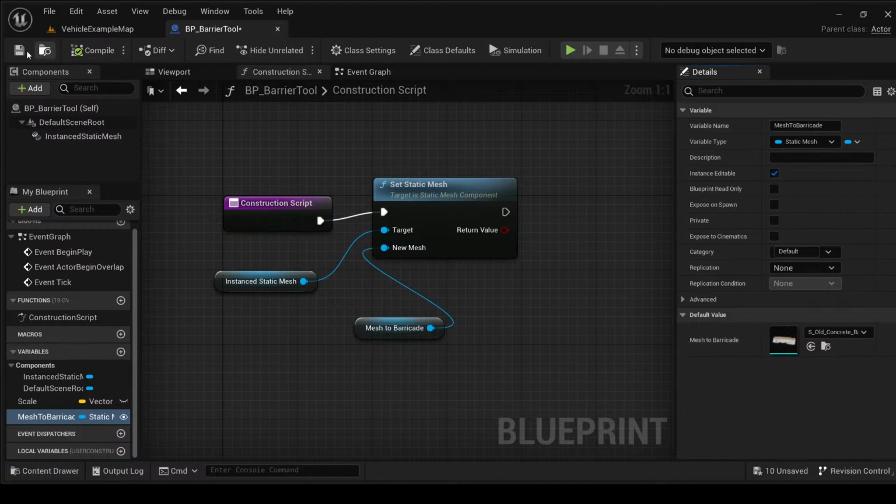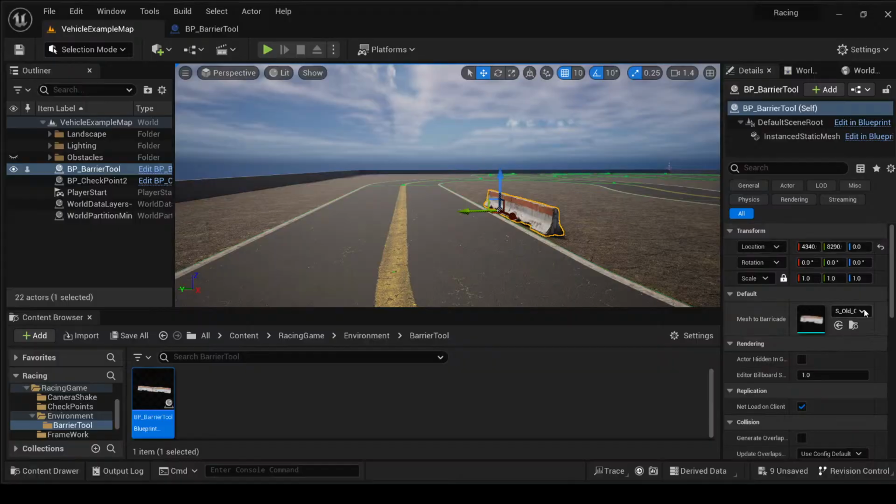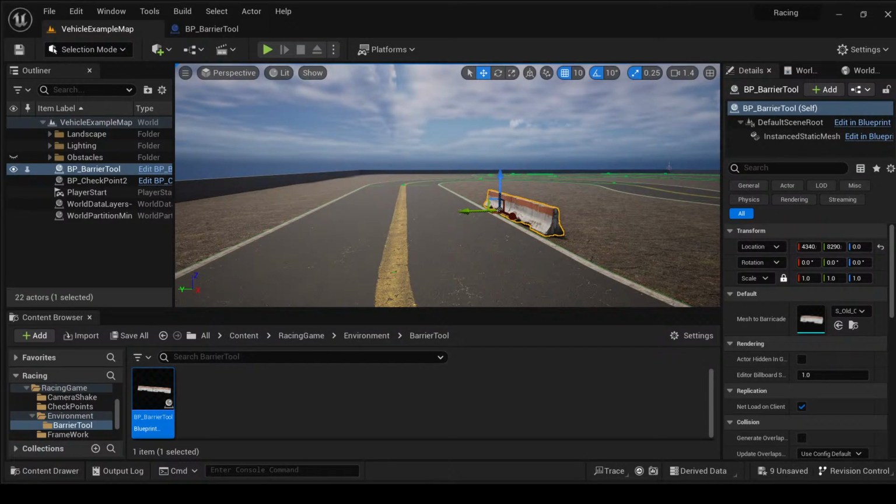I'm going to make it instance editable. This is the same as clicking here, instance editable. And this will let me, let's compile, save, that here in the barrier tool, right now that instance spawn,